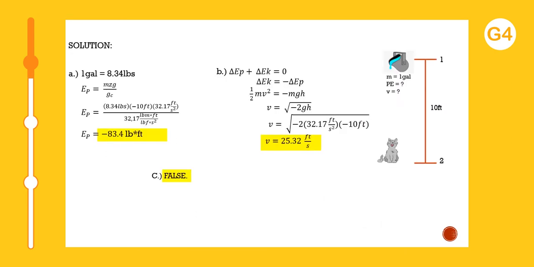Potential energy formula is equal to mgh over gc. Next, we'll plug in our values, then we'll get the answer of negative 83.4 pound-feet. Next, for B, as a body falls freely, it gains kinetic energy from the potential energy loss so that its capacity for doing work remains unchanged. Therefore, delta Ek is equal to negative delta Ep to satisfy the statement. 1/2 mv squared is equal to negative mgh. Then we'll get the formula for velocity, which is the square root of negative 2gh, and the answer will give 25.32